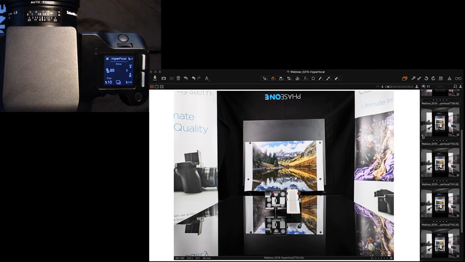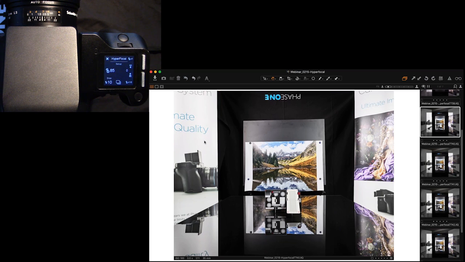So you'll notice that the images have this small icon down here in the lower left. And that small icon means that these images are part of a sequence. Capture One knows that I used a sequence tool, in this case the hyperfocal calibration tool. And so it marks them accordingly so I can easily identify them. If we look at the actual image, the first one, we can see in the metadata that I have a sequence info, sequence ID, and I have the first of 5 images shot for hyperfocal.